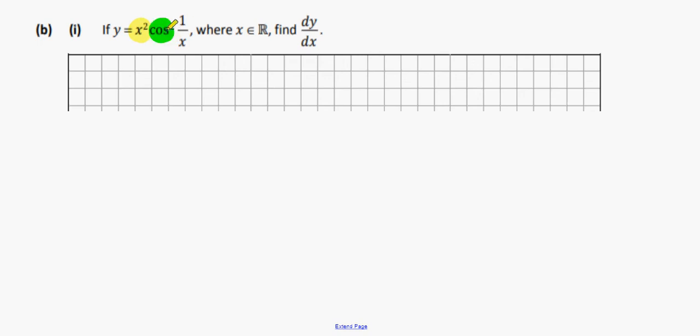The green section, I knew to divide it like this because the green section, that's an angle. That part there is an angle, so it belongs to the cos. So I knew I had two different parts. Then I'd say this is a product rule, and in a product rule, dy dx equals u times dv dx